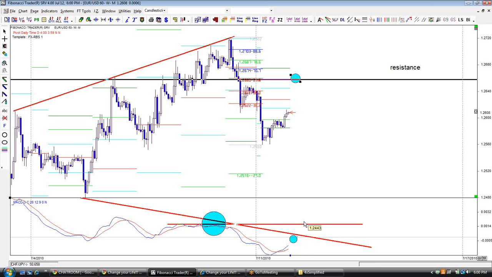If the MACD moves above this level here, that means that price most likely is to continue to trade bullish. If the MACD turns bearish below that level, or we can see the cross, even if price is not all the way up here,